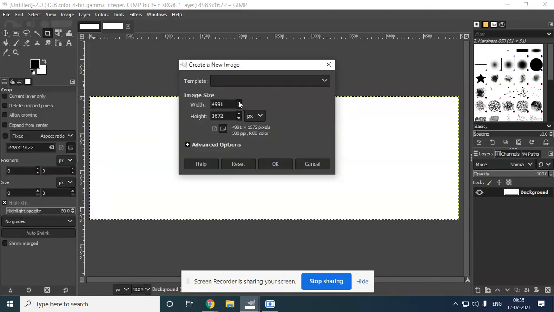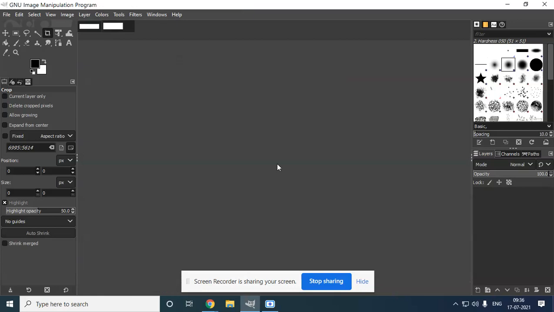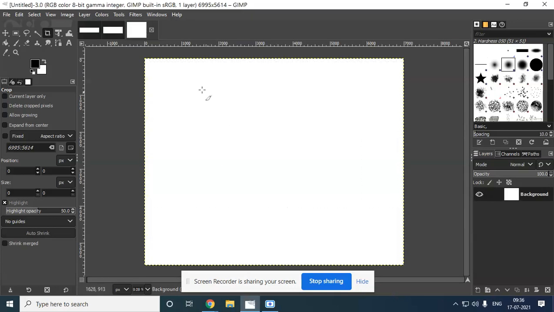So I'll take bigger only. How much you want the height, you can increase the size here. Okay. So here you can take the height and width of this.